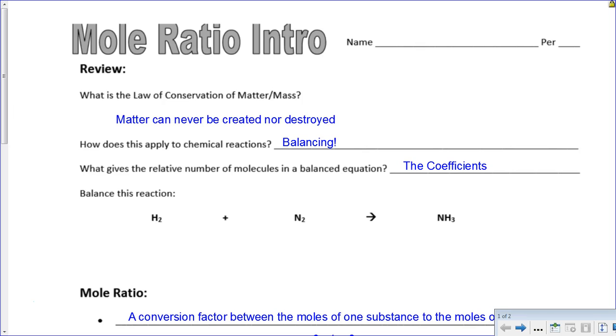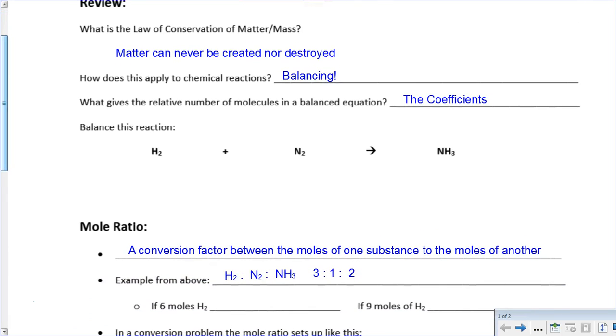So I talk here about the law of conservation of matter, which says that matter can't be created, nor can it be destroyed. That was important in previous units because of the concept of balancing chemical equations. We had the same number of atoms of each element on both the product and the reactant side of the reaction because of the law of conservation of matter. So when you're looking at a balanced chemical equation, such as this one down here, which we'll balance right now,